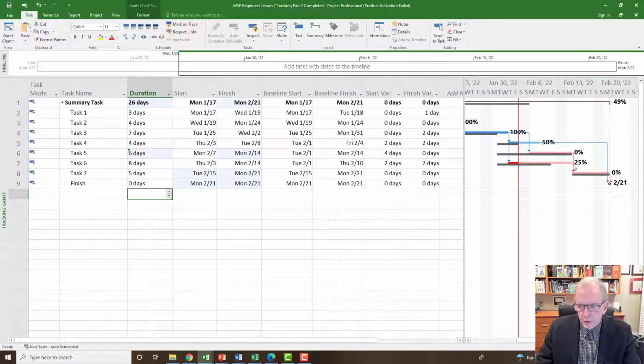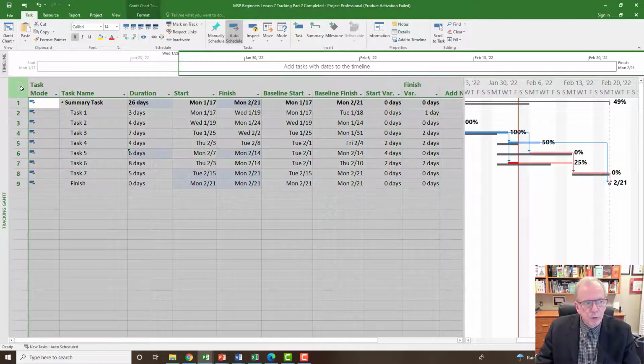This one turned critical. It wasn't critical before. Now we have 2 critical paths, so we better not have either one of these be lengthened, or it would have an impact on our overall project. But our project currently is back on track. And because it was a variable cost that we put on the summary task, let's see how we're doing now